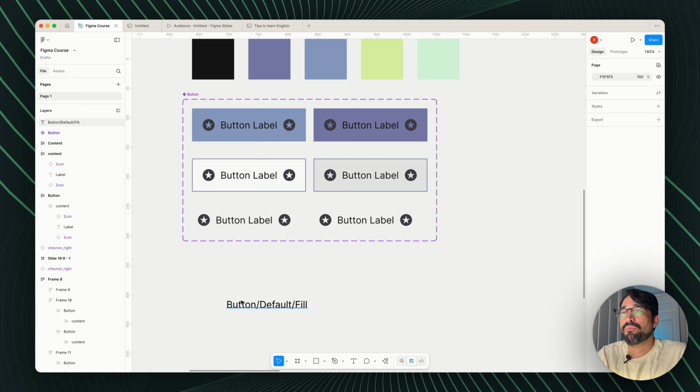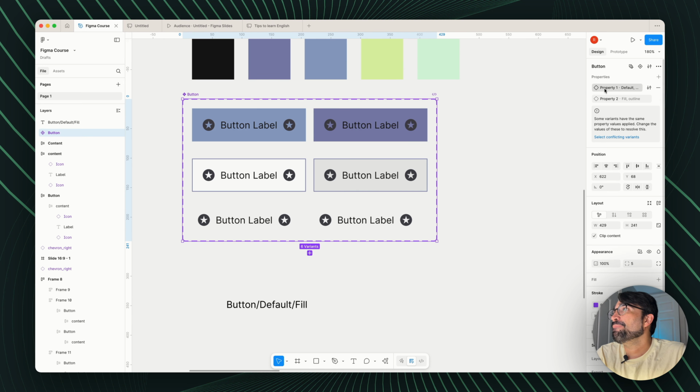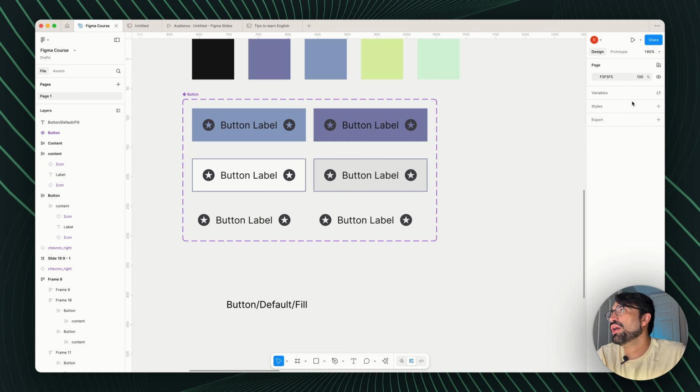The first word on your naming convention will be the name of the component, and then the second word will be one property, and then the third word will be another property. And you can have as many words in there as long as you have them following the slash. Okay, for now we have property number 1, default and hover, because those were the first words on all of them. And then property number 2, we have